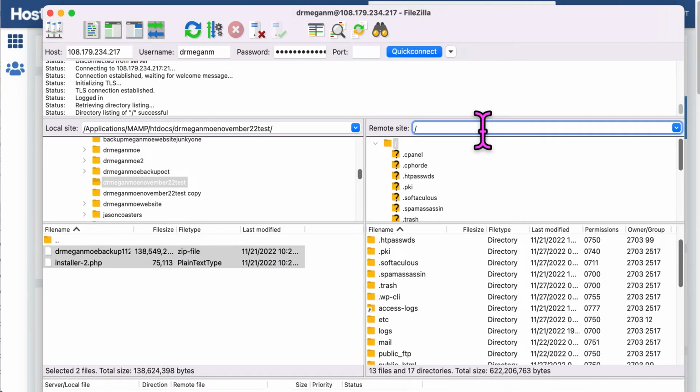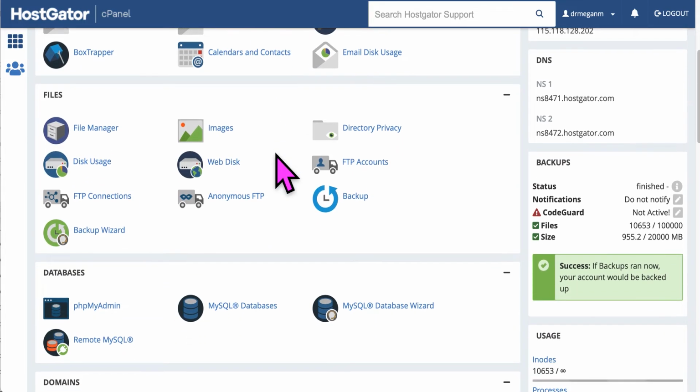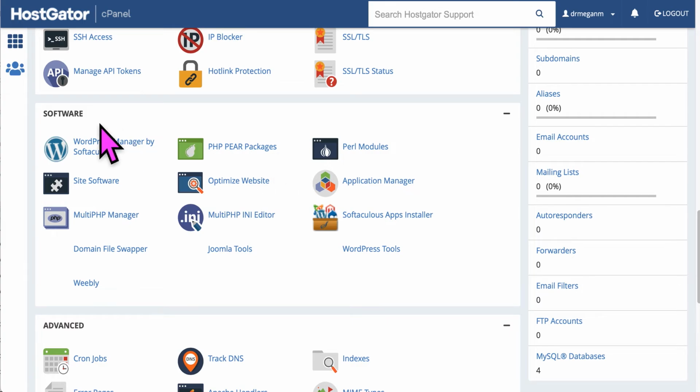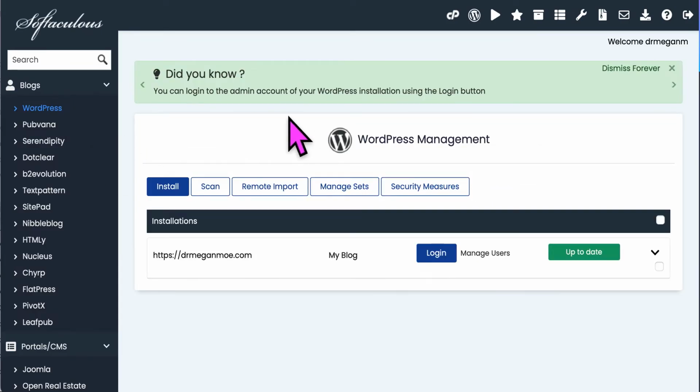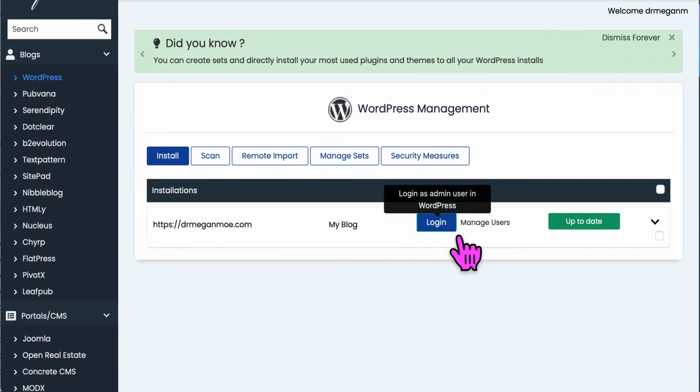Now that we're done with that step, we are going to go back into our hosting service. And if you remember, I said I needed to use Softaculous in order to install and deal with my WordPress. So I'm going to scroll down here and click on Softaculous, and I am now going to click on Login and log into the website because I want to be able to finish deploying my